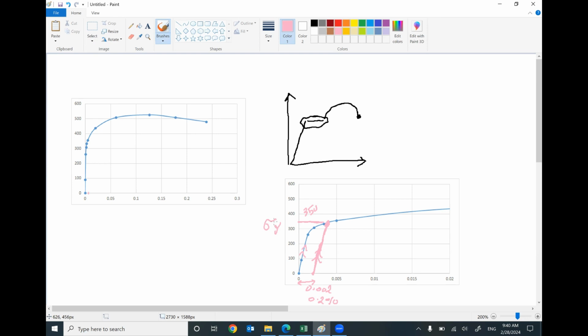Does that make sense? So this method is called the offset method, and it is used if we don't have a clear indication or clear constant stress that gives you the value of the yielding stress. In this case, I will draw a horizontal value of strain equal to 0.2%. From this point, I will draw a parallel line to the linear relationship. The intersection with the curve will give you the value of the yielding stress.